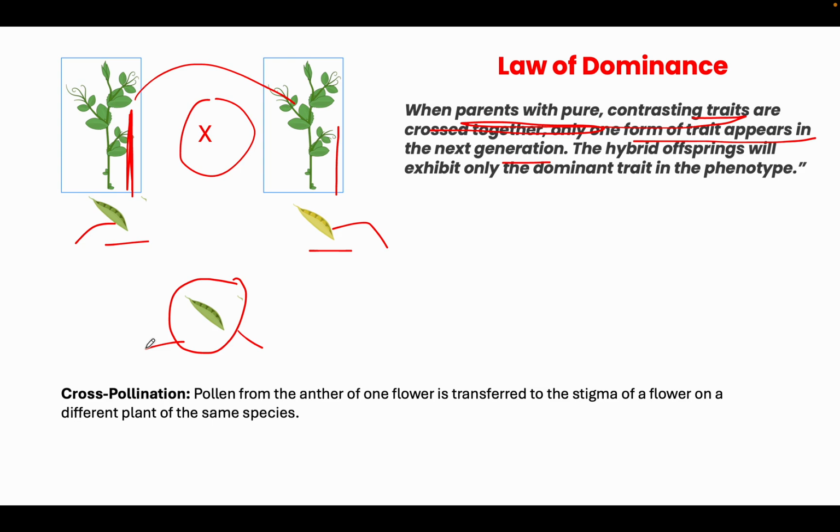The hybrid offspring will exhibit only the dominant trait in the phenotype. So this hybrid offspring, which is the result of the cross-pollination, exhibits only the dominant trait. I mean, in this definition, the green pod color is the dominant trait in the phenotype. So that is called the law of dominance, that